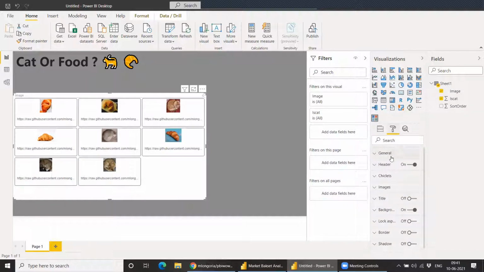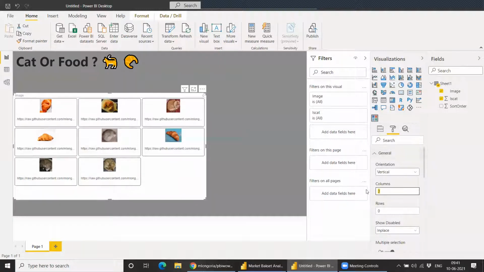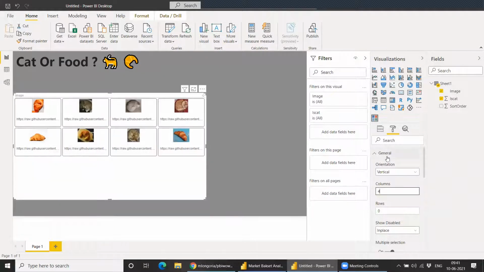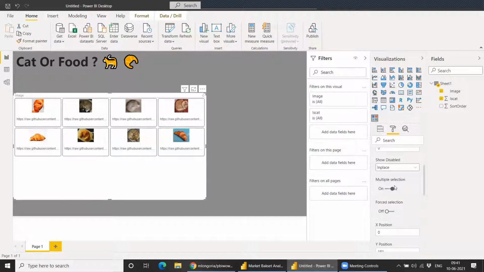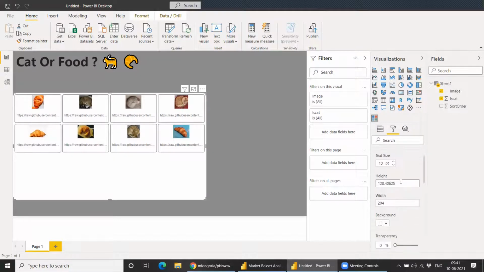Okay, now we'll do some formatting. So in general, I want 4 pictures in one column. And now we'll do some other. So in chiplet, I will remove the header. So we'll change the height and width of image to 25.